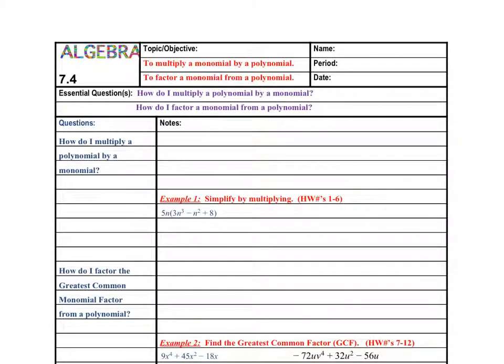As you did yesterday, to do that, you just distribute. A couple things to remember. When you're distributing, you have to multiply what's on the outside by each thing on the inside. If the variable has the same base,